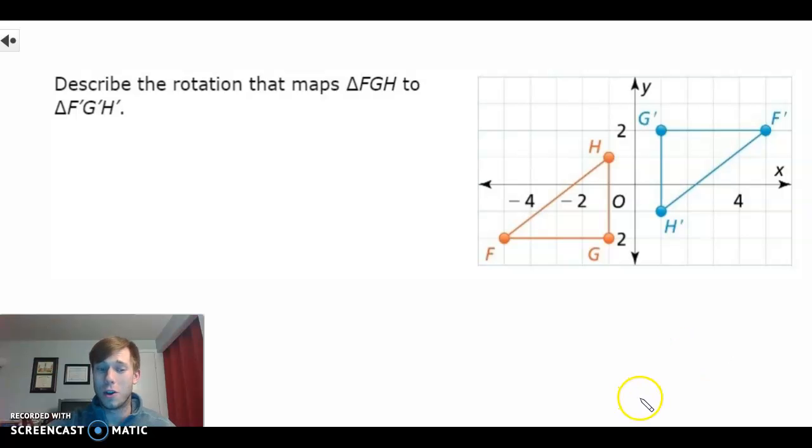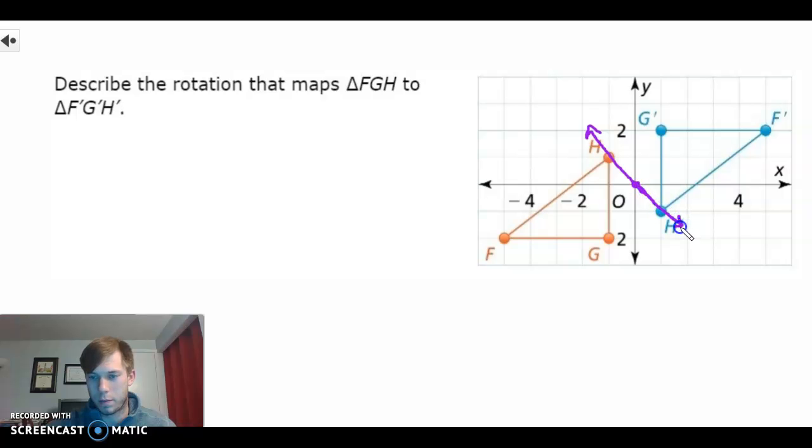Okay, guys, so for this one, once again, since we're going around the origin, I recommend picking and drawing your rays closest to the origin. So I'm just going to pick H and H prime. You could pick G and G prime, or F and F prime. I'm going to pick H and H prime. So I'm going to draw a ray, not bad, from the origin to H, and do the same thing from the origin